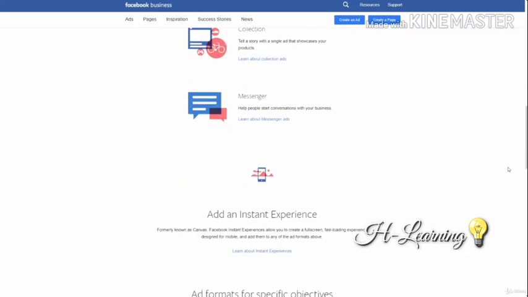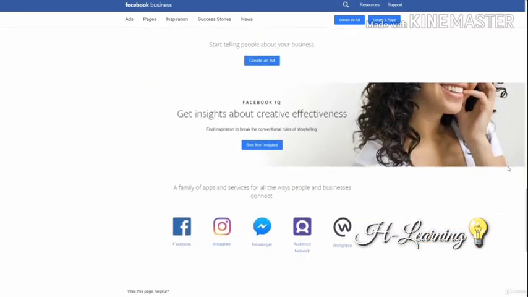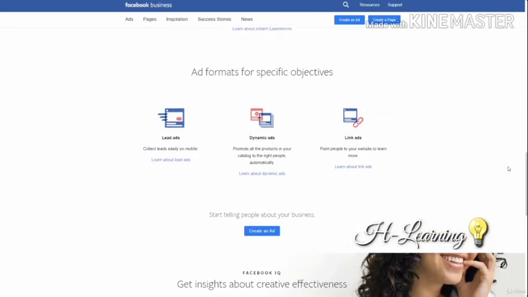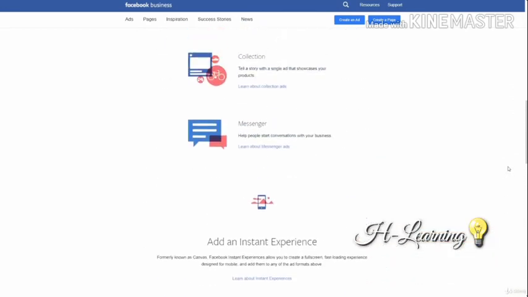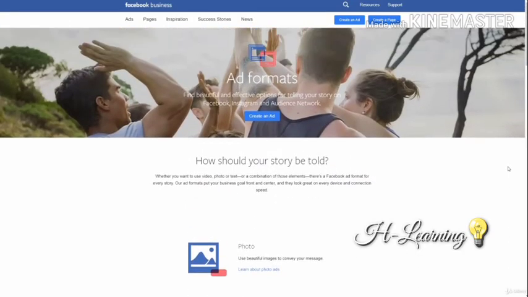super popular these days. The key word to keep in mind here is native. This is what has made Facebook ads so effective. They found a way to make your ads look and feel as though they're just part of the organic Facebook experience. They look and feel more or less like personal posts, like things that belong on Facebook, hence the word